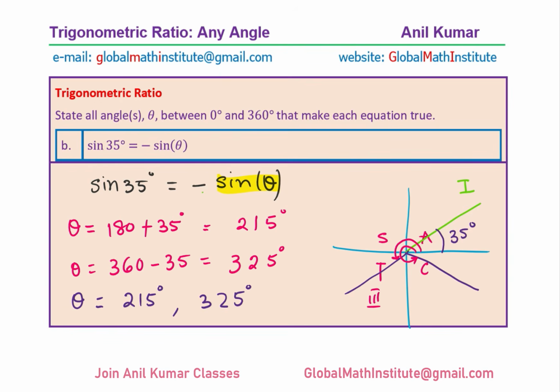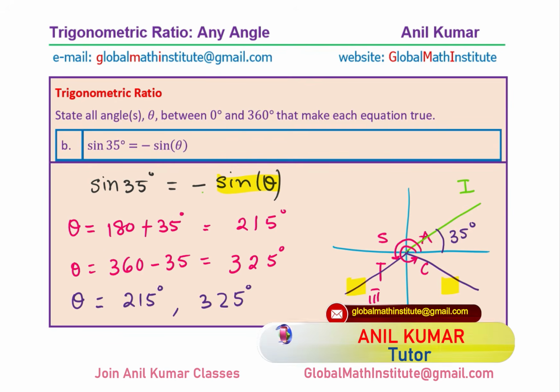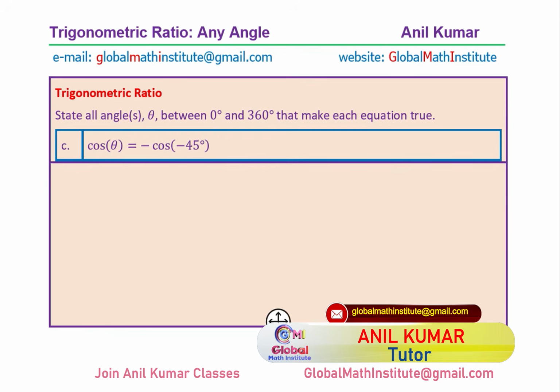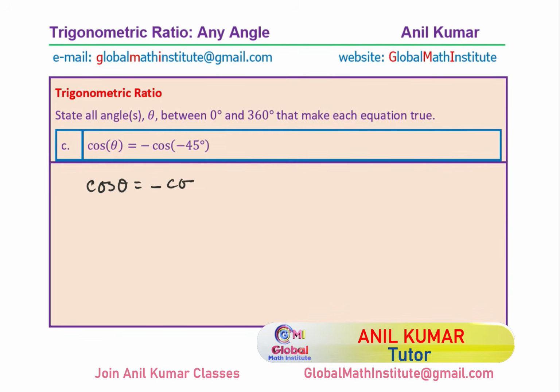Negative will be positive, and that is possible if sine is in quadrant 3 or in quadrant 4. Perfect? Correct. Let's move on to the next question, which is cos of theta is equal to minus cos of